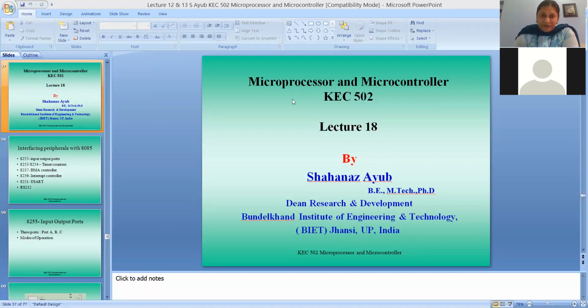So yesterday we completed the instruction set programming of 8085, and we have seen how to write the delay routine. We have seen the interrupts of 8085. We'll see peripherals, how to interface the peripherals with microprocessor 8085, and then we will switch over to microcontroller, because microcontroller programming is more important and essential for you from the project point of view.